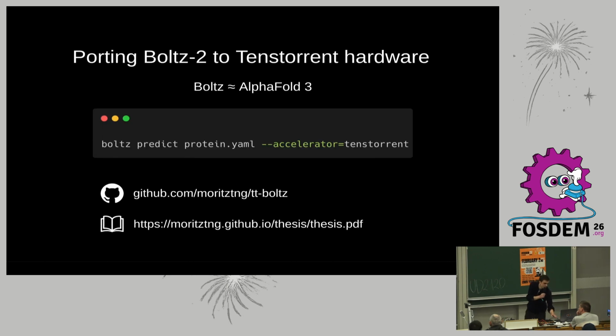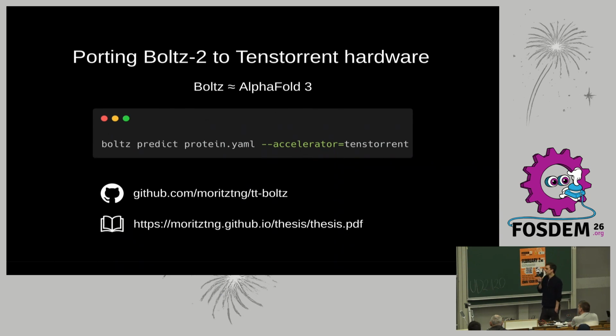For people who are not already familiar with the project, TT-Boltz is basically a port of Boltz-2 to Tenstorrent hardware, and Boltz-2 is a biomolecular structure prediction model, basically an improved successor of AlphaFold 3. I think more people are familiar with AlphaFold than Boltz, but actually Boltz became the industry standard, and all the biotech labs use Boltz and not AlphaFold anymore. And the project is completely open source under the MIT license, and it works out of the box on